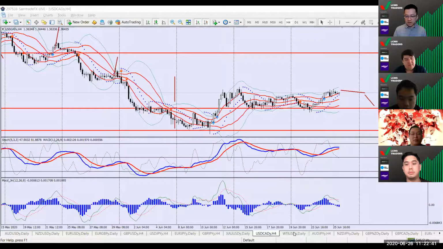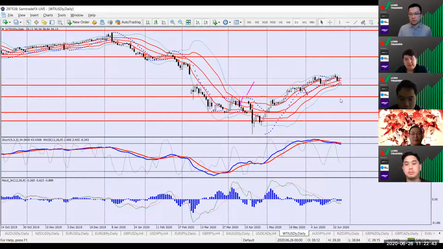Looking at US CAD, the next one we look at is oil. So WTI, the last time I looked at it, it has been quite nice. It went up accordingly. It came down, tested the 35 level again, bounced back up. It's still at the 39.14 level right now. I don't think it's going to do anything much, right? I do feel that it is likely to come back down and test this 35 level again. It's going to be trading in that tight range.